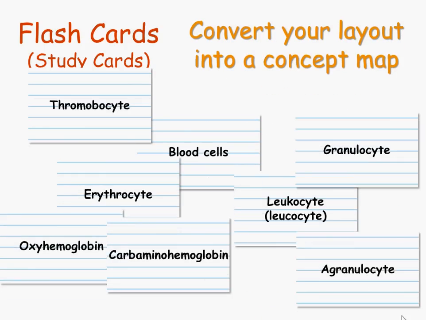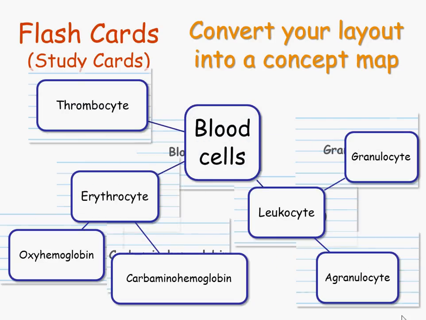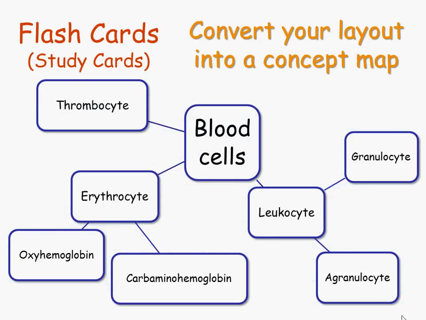What you might want to do, once you get them all laid out, is convert it into a concept map. Now you can do this by taking a photograph using your cell phone or a digital camera and then printing it out and reviewing that later, or maybe just drawing out the concept map. And this way, not only by drawing out the map are you learning relationships, but when you're going back to review your information, you're going to have these concept maps already drawn out to help you reinforce that information about